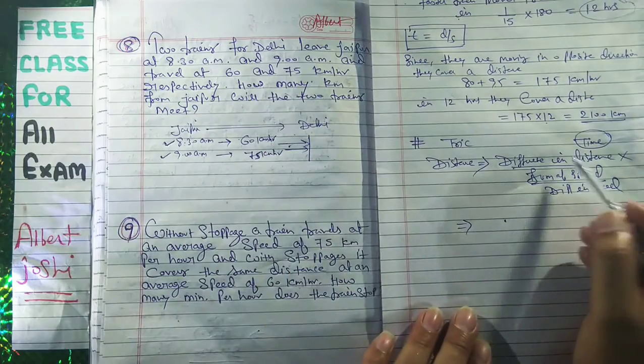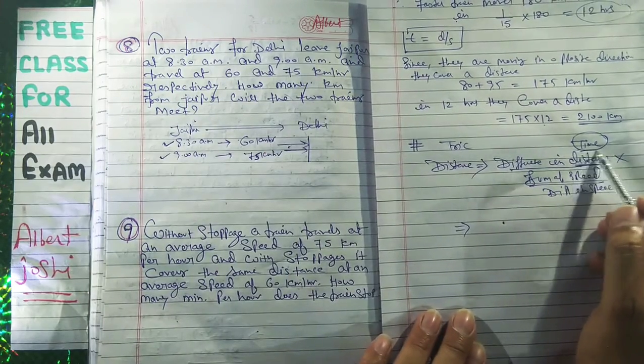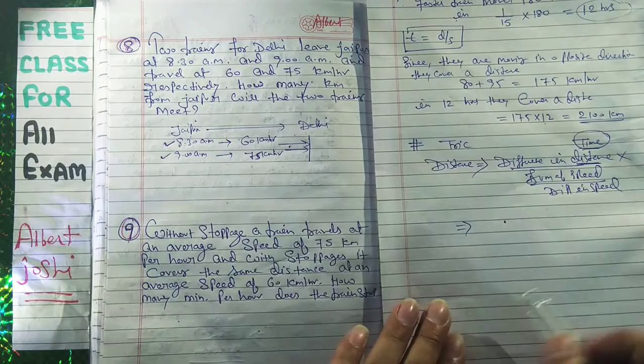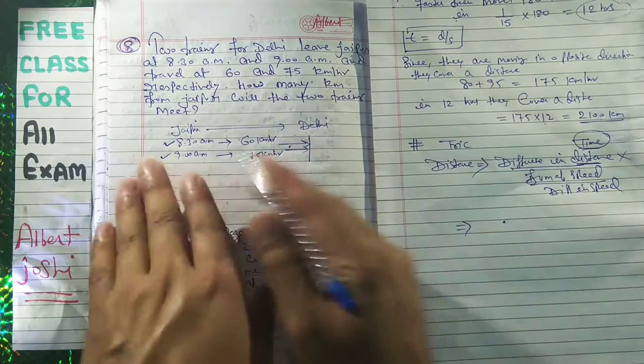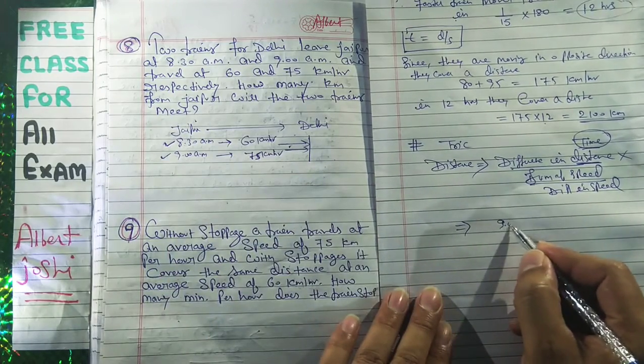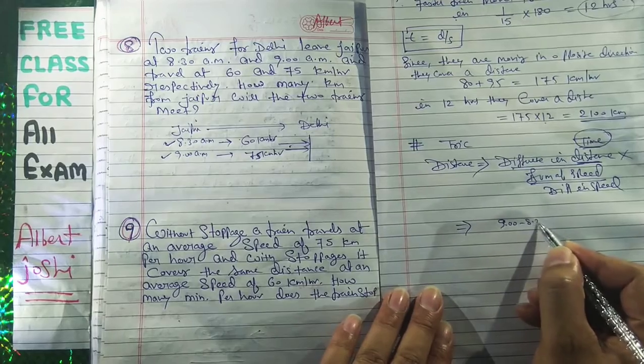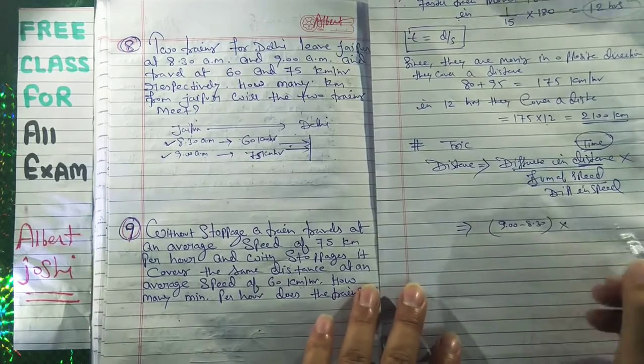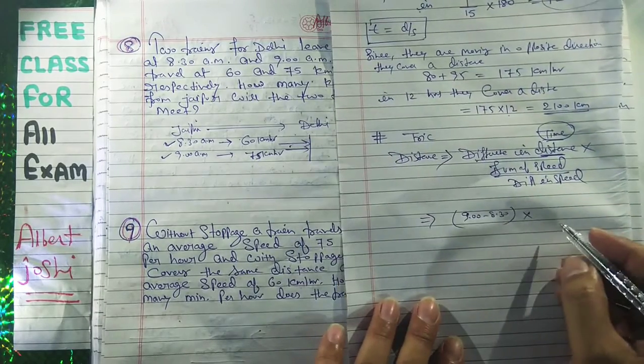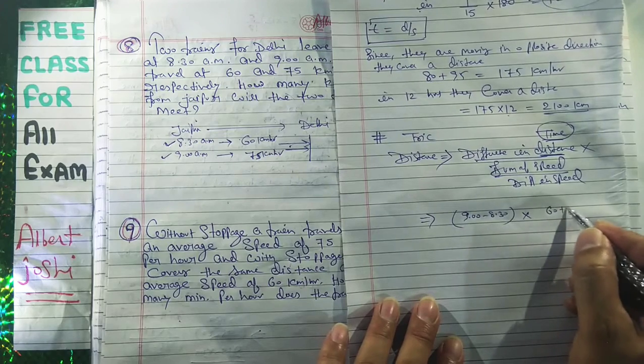So in place of distance we can write time in the previous trick. Difference in time means 9.00 minus 8.30, and sum of the speed, that is 60 plus 75, and